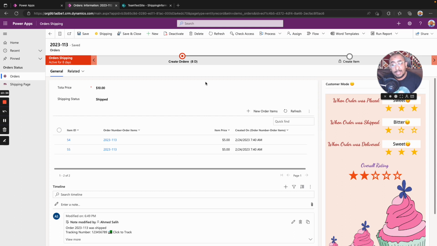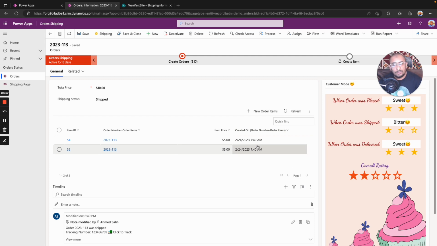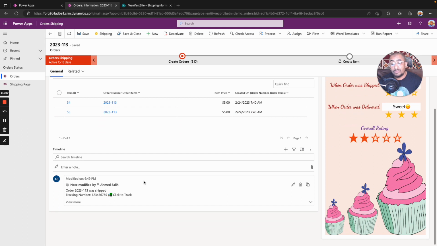It's going to be end-to-end integration between model-driven apps, Dataverse, and a Canvas app that can be linked to any other external data source, and you have the custom pages, and you have Power Automate. And as a surprise, we're also going to add Power BI to that one as well, to see who the happy customers are and who the sad customers are, with beautiful interactive visual reports, right? So as you can see here, when I click shipped, I have this note being created for me,